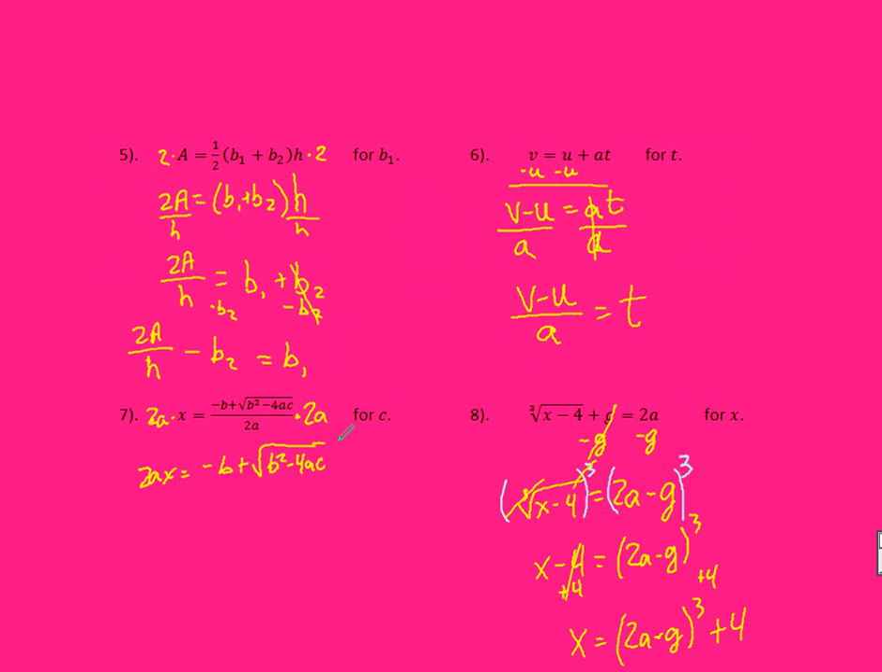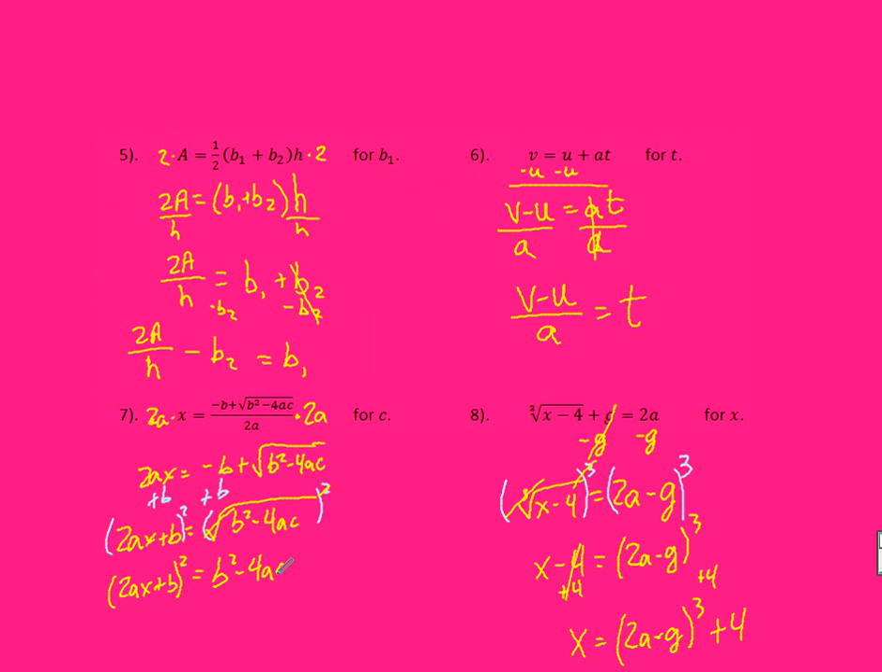Now, to get the square root part by itself, because I'll need to square it eventually, I need to add b to both sides. When I do that, I now have 2ax plus b is equal to the square root of b squared minus 4ac. The reason it was adding b was because it was a negative b to begin with. My next step is going to be to get rid of the square root, which I will do by squaring both sides. When I square both sides, I will be left with 2ax plus b all squared, and the square and the square root cancel each other out, so equals b squared